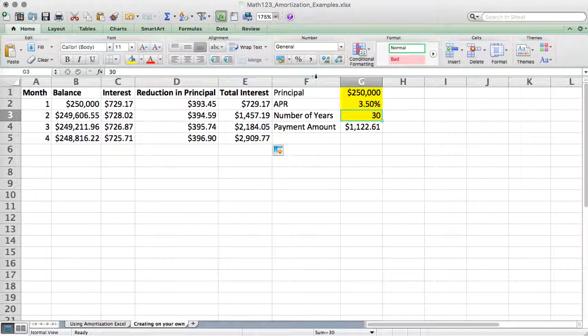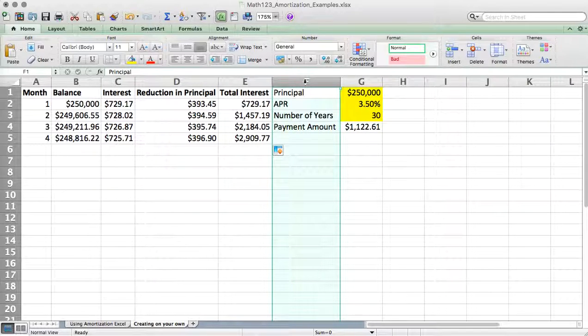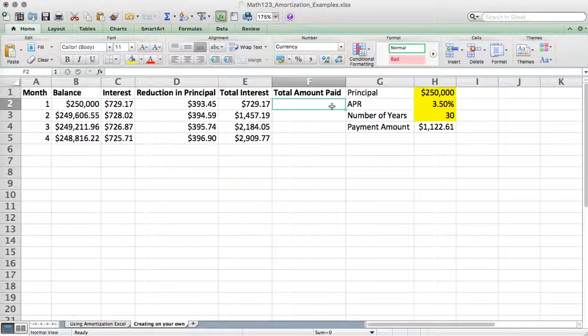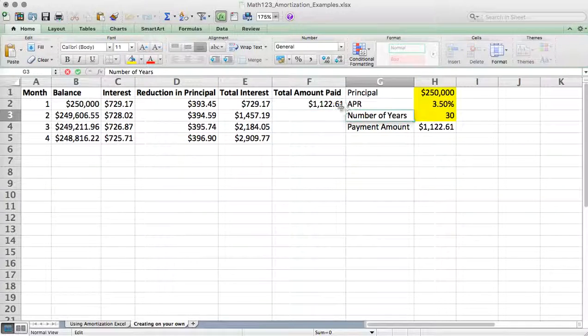Now, I'm going to just insert a column here. So in order to insert a column, if you click on the actual column name, and then you right-click and you do insert, it'll put a column to the left for you. So for this one, what I want to do is I want to do total amount paid. And if you think about it, the very first month, it would just be the $1,122.61. Now I'm going to do this times 1 because I just have one payment made. Now, if you think about it, month 2, I would have made twice that payment. So if I copy my formula down,